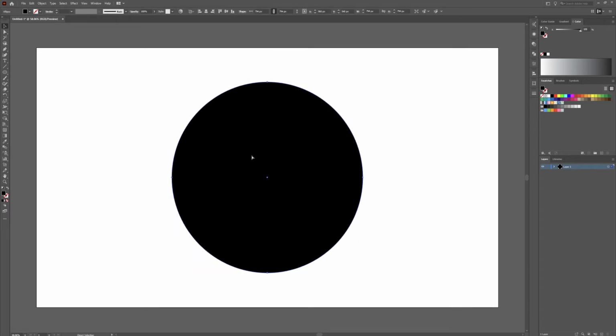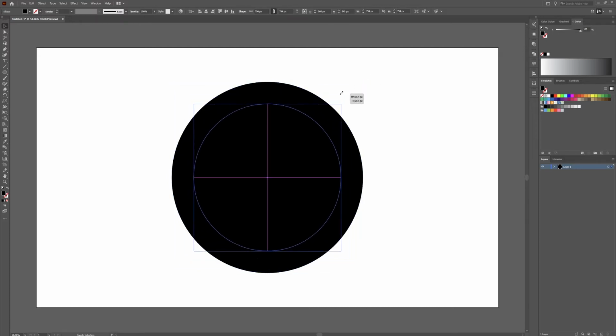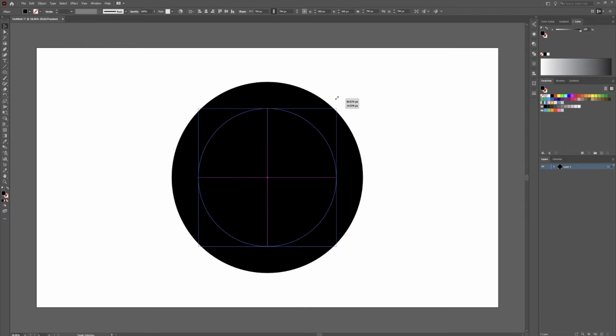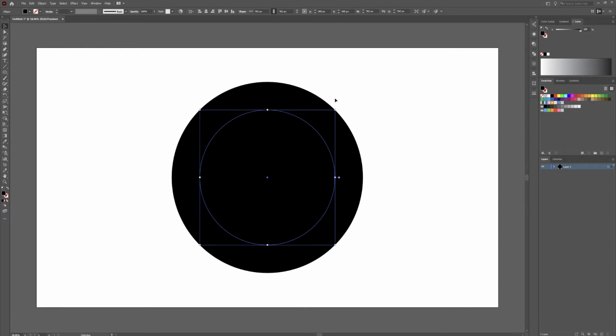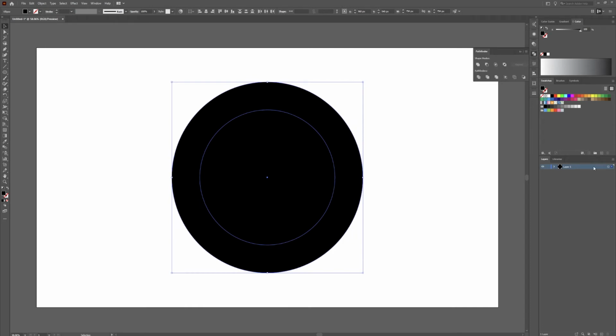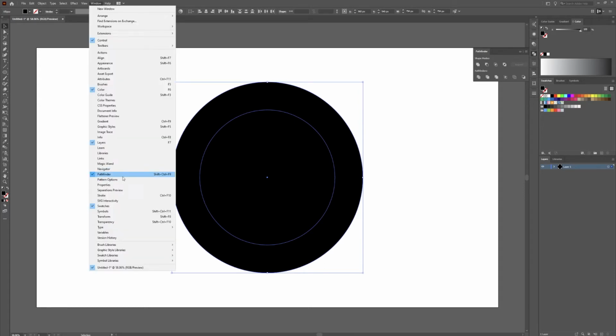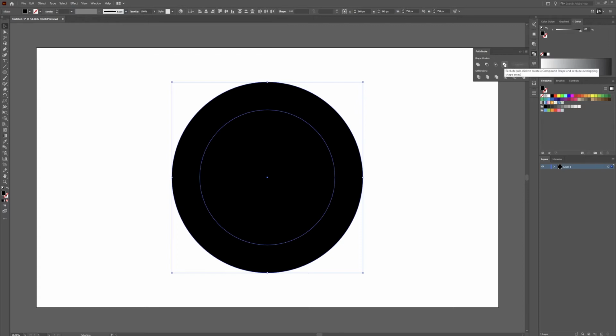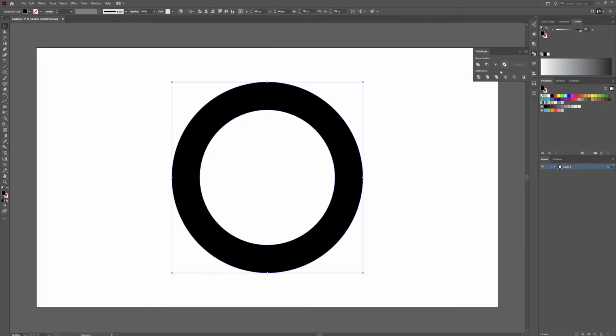Now hit Control C, Control Shift V, and then click on the corners and drag them in. Pretty hefty C, so that should be good. Hit V to go back to your selection tool, click and drag. Go over to your Pathfinder, wherever you have that. If you cannot see your Pathfinder tool, go to Window, down to Pathfinder, or hit Shift Control F9. Not sure who would ever remember that. Go to your Pathfinder tool and click Exclude. You can also hit Divide and then delete the center circle and then ungroup it,